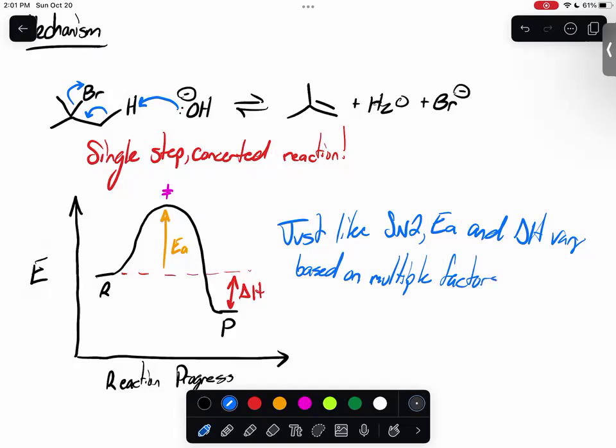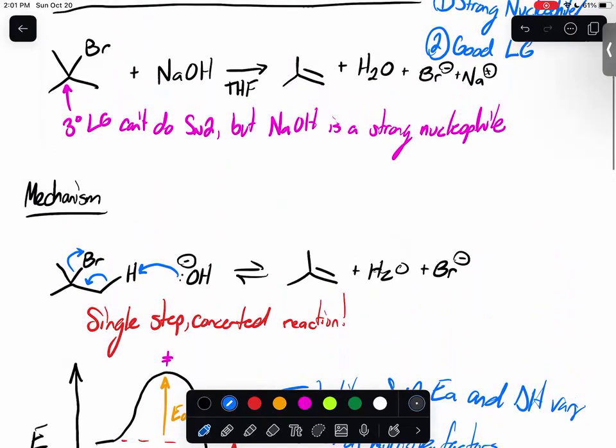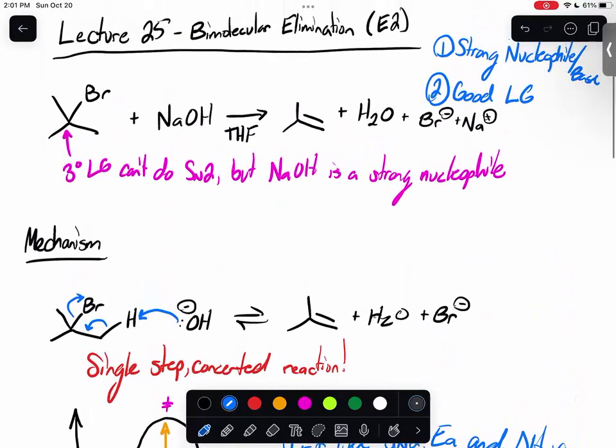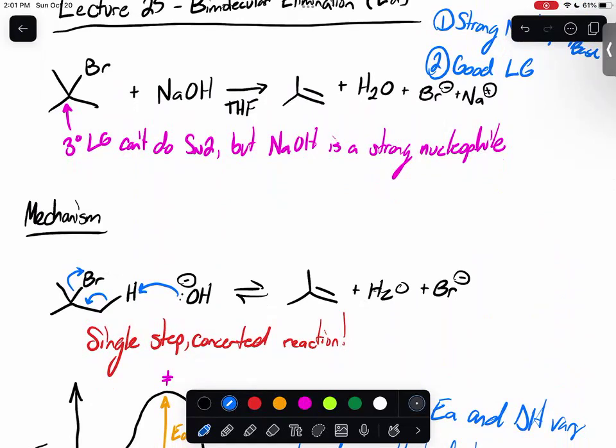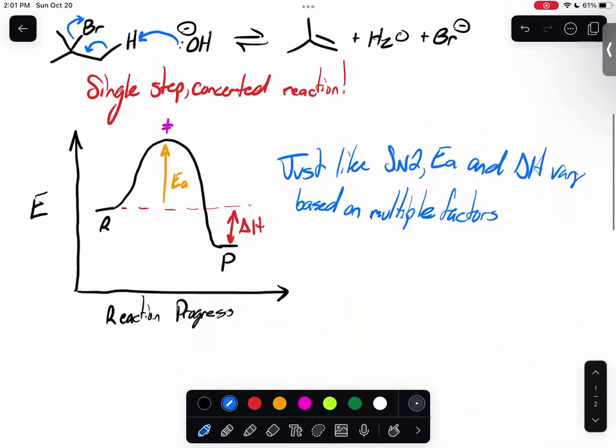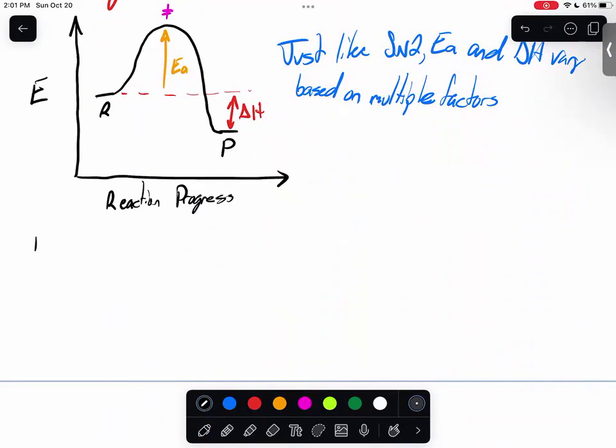So we're going to go through each of these and we're going to describe what makes E2 actually work and then thinking about E2 versus SN2 and what favors one over the other. Because it's very simple to see if we can't do SN2, of course, it's not a big surprise that we're going to do E2 if it requires a strong nucleophile and base. But what exactly is making this reaction do what it's supposed to do? Well, the first thing that we're going to take a look at is that delta H and our activation energy are dependent on alkene stability,